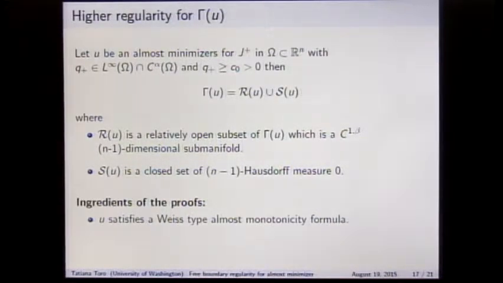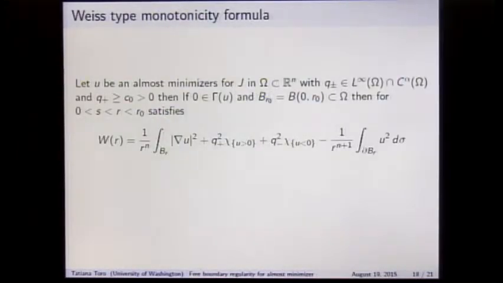So what do we need? We need an almost monotonicity formula, but now of the Weiss type. And we also need a flatness improvement lemma. And for those of you who are familiar with Alt-Caffarelli, this makes sense. Of course, we don't have an equation, so what on earth am I talking about? Don't worry, I'll get there. Let me tell you, so we have several Weiss-type monotonicity formulas.